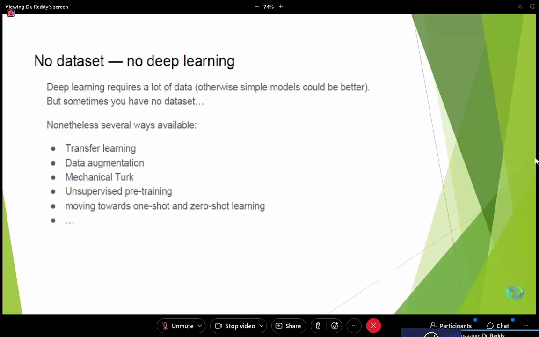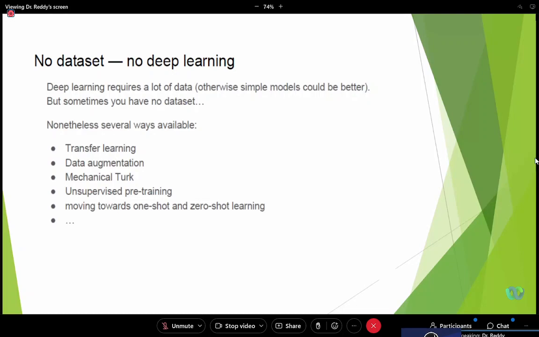I've already mentioned, there is no data set, there is no deep learning. Normally, deep learning requires a large amount of data. So obviously there should be a handful amount of training and a large amount of data, which will help you to make proper analysis. But when there is no data set, what are the alternative solutions? And when there is no proper training, what are the alternative solutions?